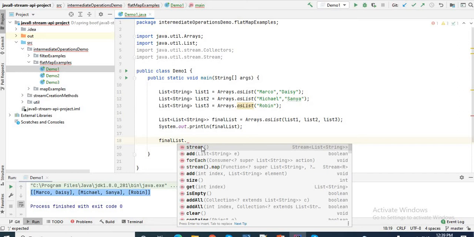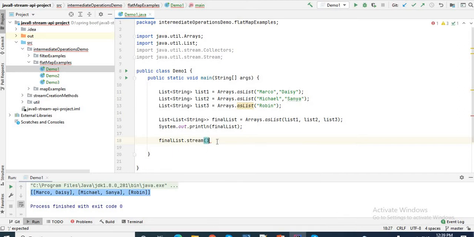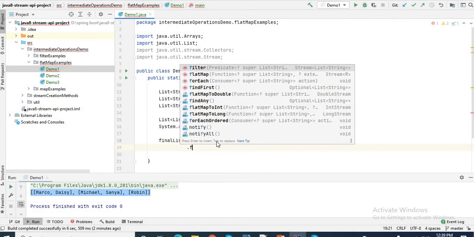So finalList.stream. Then I'll use flat map instead of map. Here you can see flat map also accepts a function, like map, and here it extends to list of string.